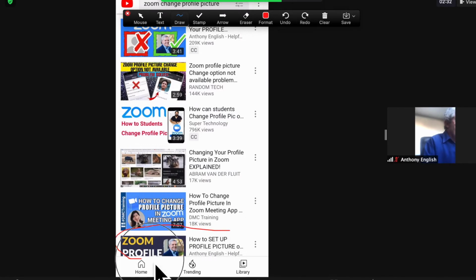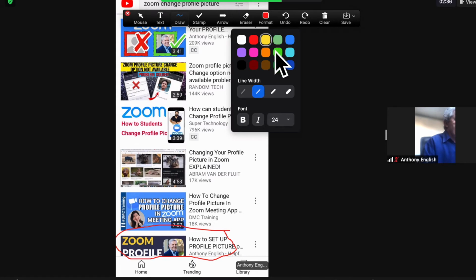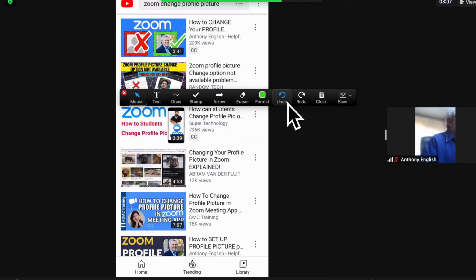something like this, okay? You can change the color if you want. You can undo it if you want to. If you want to type in some text, you can certainly do that. Whatever it is that you want to do, you can erase that, but that annotation is being seen by others